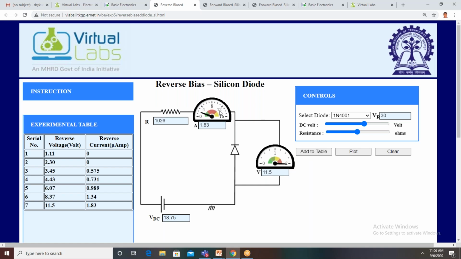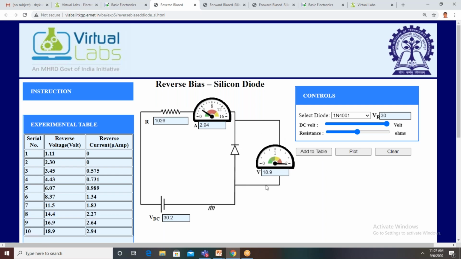Then another value of circuit current, and add to table. Again change the value to some 23.3. Now it's 27.1 volts, and the maximum we can apply here is 30 volts.